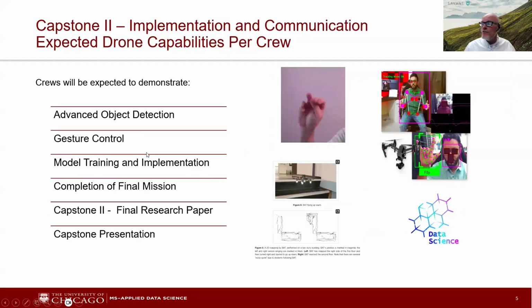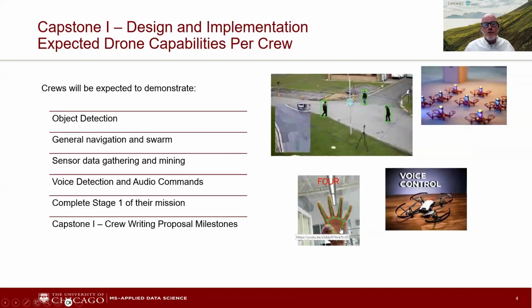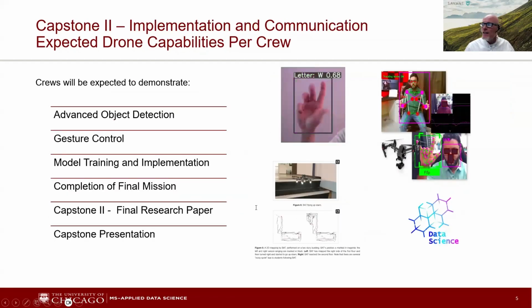When we get to capstone two, my God, they are doing one, two, three on their phone. They need to do all this in capstone one. They need to figure out all these things with their drone. In capstone two, we're looking for much higher level solutions with robotics. And I'm going to get to the multimodal part here. We're going to get to large language models.